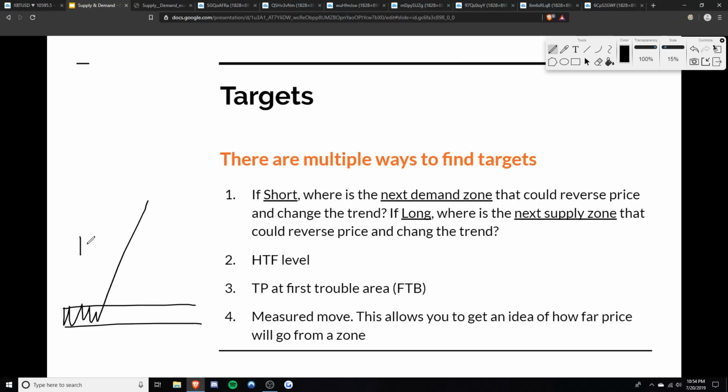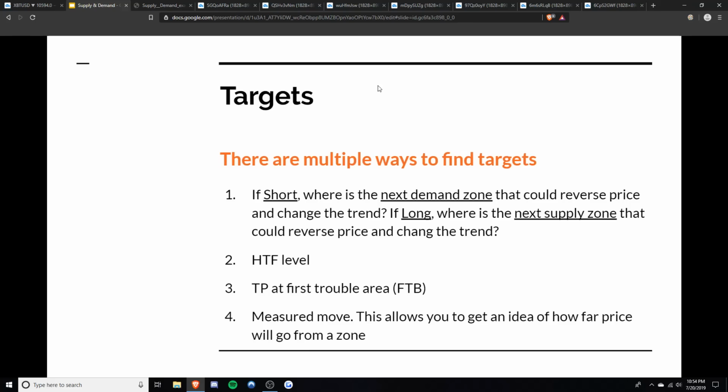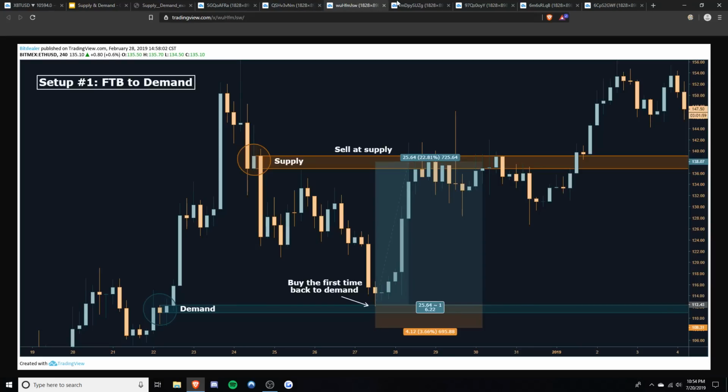Say this is a 10% move. Expect price, usually, you might have a supply zone here, and price will test that, and that'll be a 10% move. I have some examples of this, I think. Let me exit this real quick. Yeah, so I have some examples of